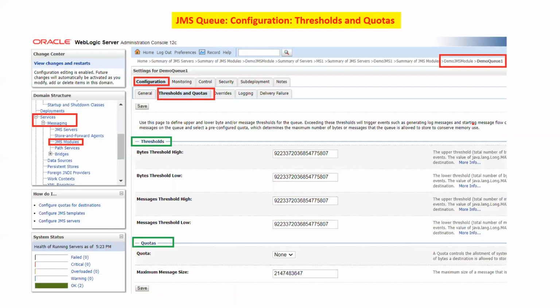And this is how you can configure the settings for your particular queue or topic. Click on Services, Messaging. In the previous slide we saw that to configure the threshold for a JMS server, we clicked on the JMS server and its name and the tab. Now because we are configuring it for a particular queue, you have to click on your JMS module. Inside your JMS module you have many different queues, connection factories and topics. To configure it for a particular queue, just click on that queue, then click on the Configuration, Threshold tab, and you can define all these settings here. If you have multiple queues, then you have to configure the settings for each and every queue